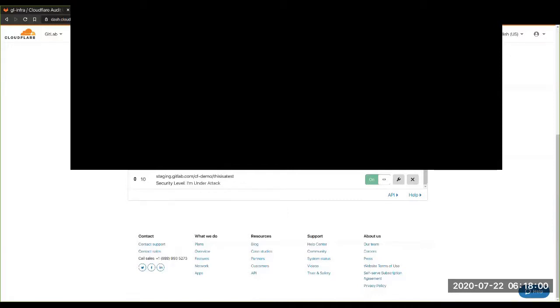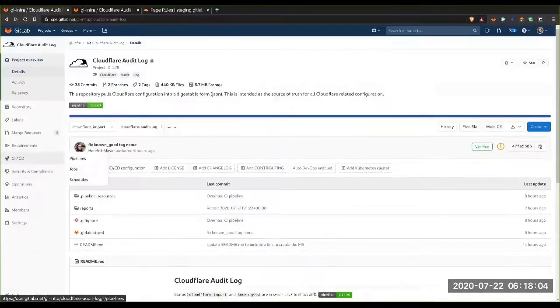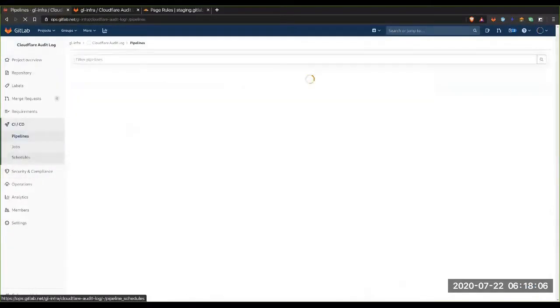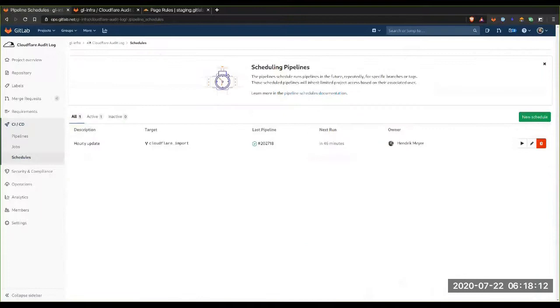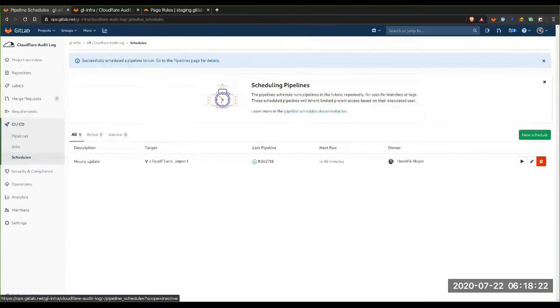Okay, so how do we go about detecting a change? Well, this is where the pipeline schedule comes into play. Usually this runs every hour. This can probably be adapted to run faster. It can also be triggered by external means. Basically just run the pipeline. So when we run the pipeline on the Cloudflare import branch,